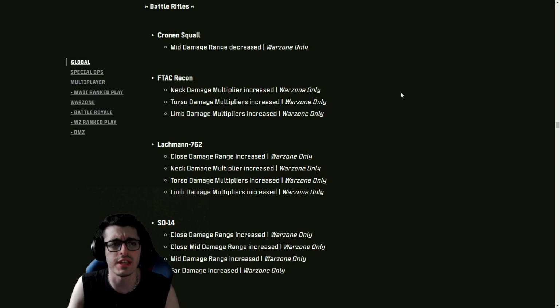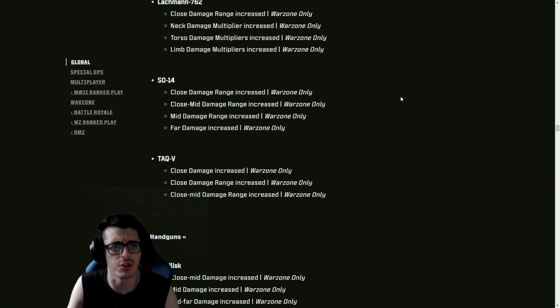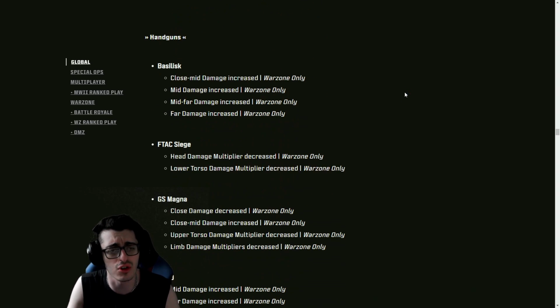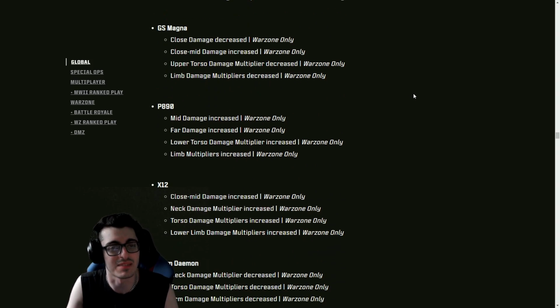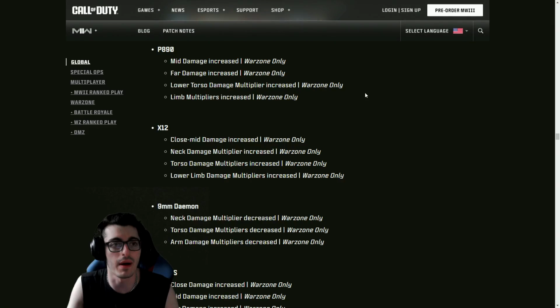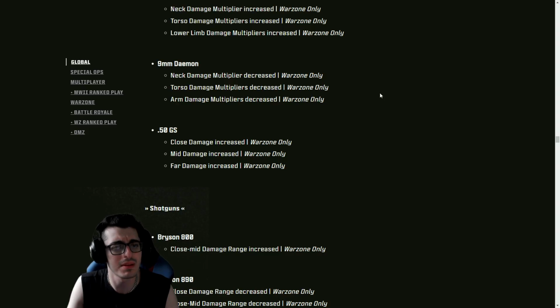Battle rifles, we have a nerf for the Cronin Squall, buff for the FTAC Recon, Lockman 762, SO14, and the TAC V. Handguns, though, also a pretty significant buff for the Basilisk, and thankfully a nerf to the FTAC Siege, aka the Tech 9, which is essentially an SMG, barely a handgun, right? That's me frustrating to go up against, no matter what here. But the GS Magna also got a bit of a nerf there, a slight increase to close mid damage. Big buff there for the P890, the X12, and then a nerf for the Damon,